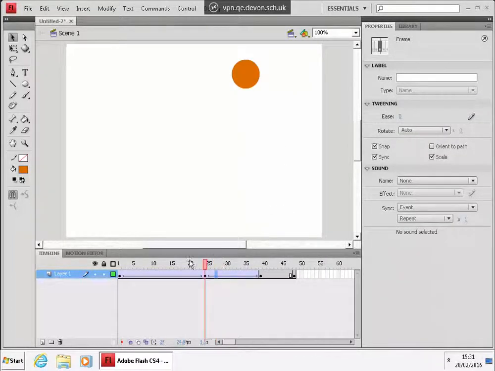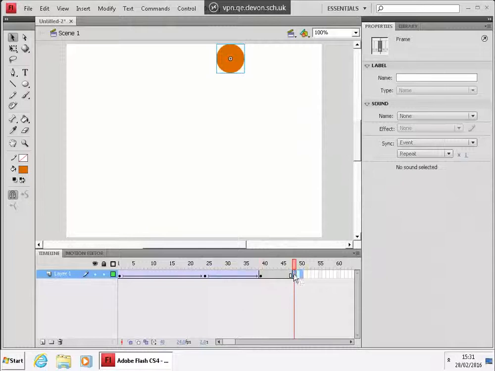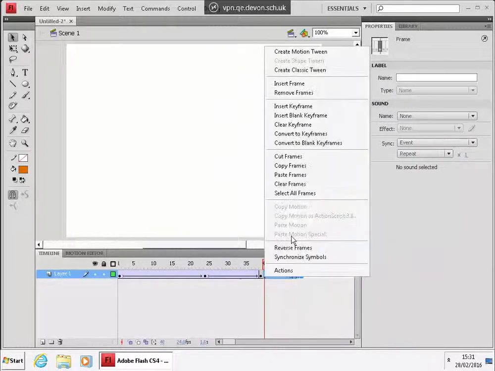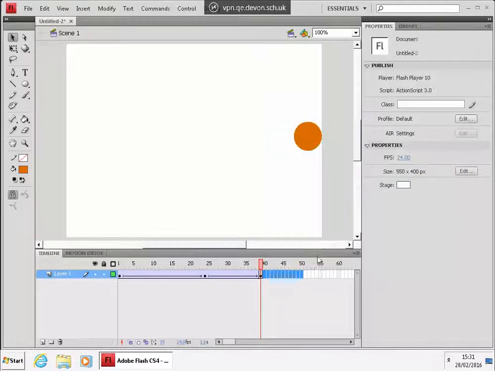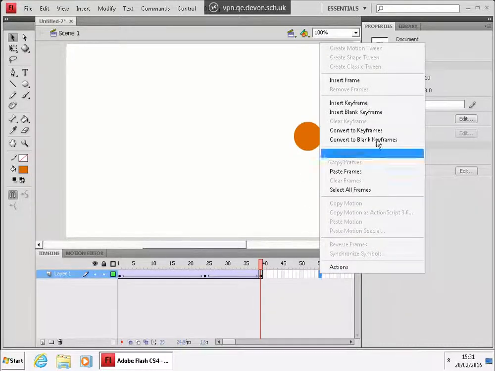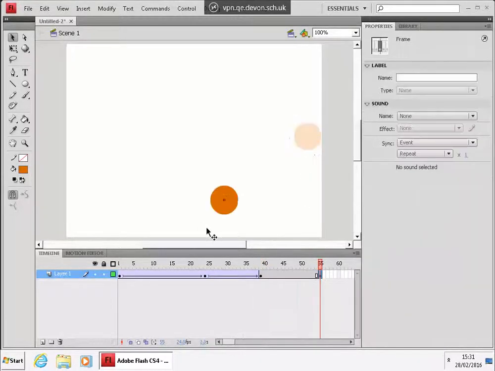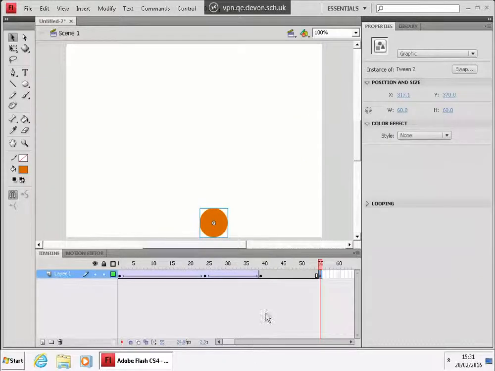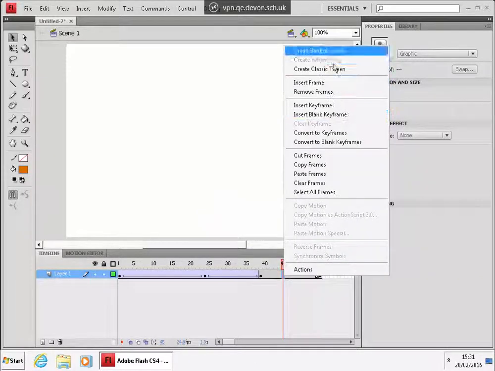Don't worry for the moment about what's the difference between those two tweens, but you can see now that we've got a second part of movement there. And what I'm going to do is he's going to end up there, so, well, if I hadn't done that tween, I'm going to remove frames there. And let's say about the same again, insert keyframe, move it to a new spot, create that motion classic tween,